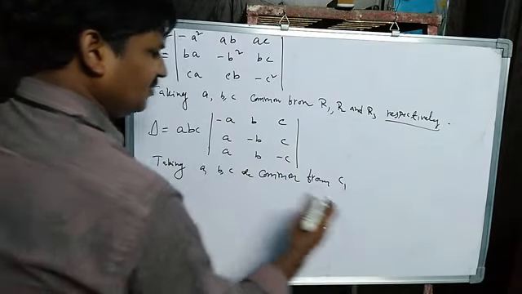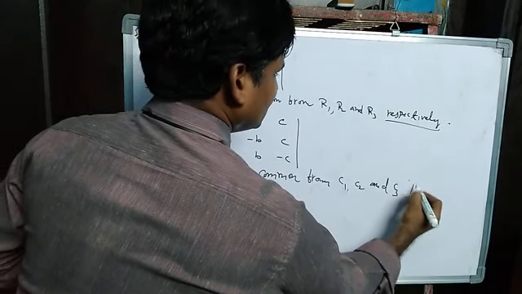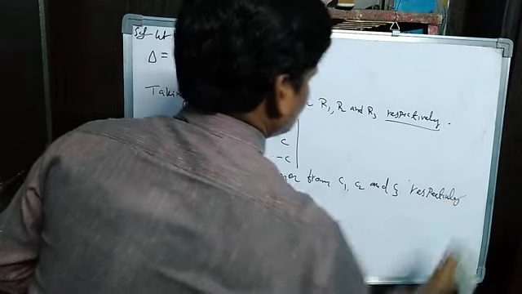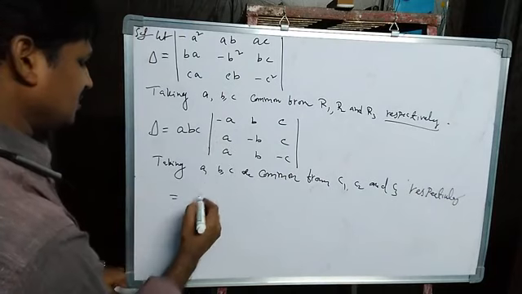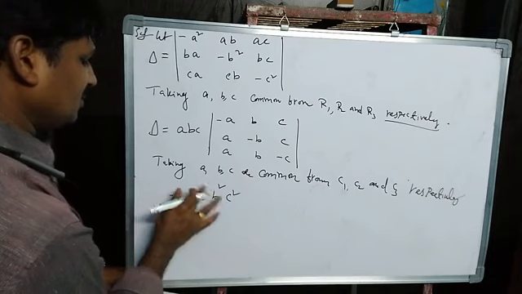It is C1, C2 and C3 respectively. Right? Yes. Take it out common. Whenever you take A common from A into A square, B into B square, C into C square.